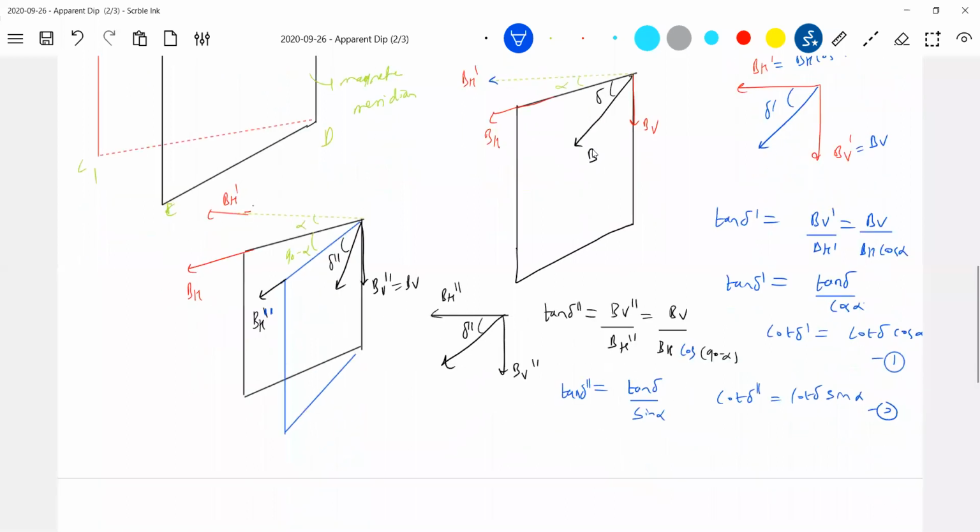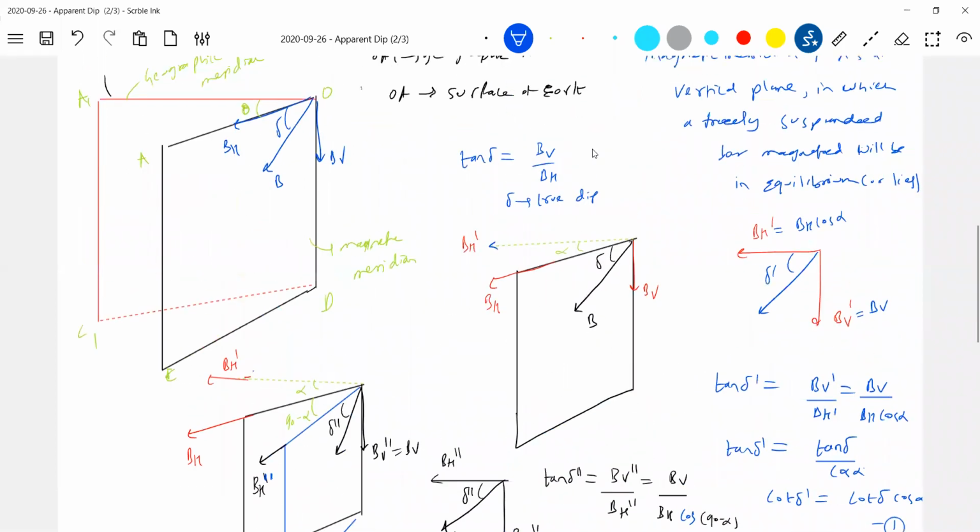Let's square and add. Cot square should be equal to what? How much should it be equal to? Cot square delta. What are delta dash and delta double dash? They are the apparent dips. So what actually did we do? Even the true magnetic meridian is not always possible to find. Therefore, at a place where you want to find the dip, directly go there and keep it in this particular plane. Some of you are asking, sir, why the dotted line? If you want, I'll make it solid here.